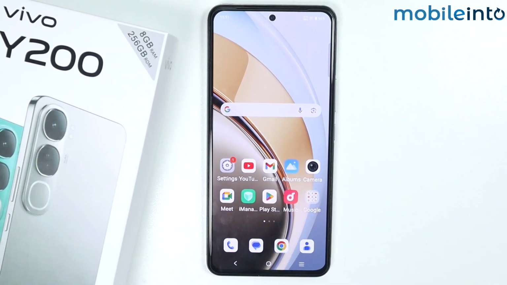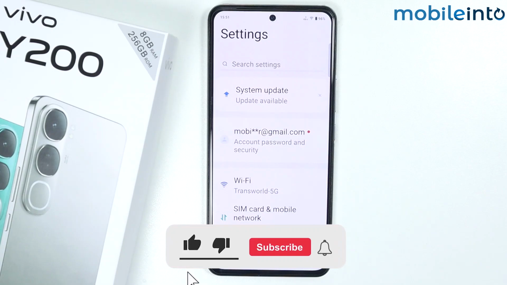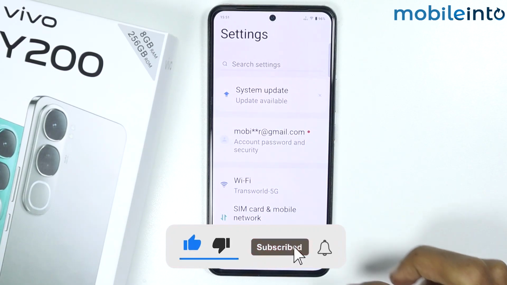Hey, what's up guys? So in this video we will see how to enable and disable app pinning on the Vivo Y200. Now to do that, just open the settings app on your smartphone and from here just scroll down